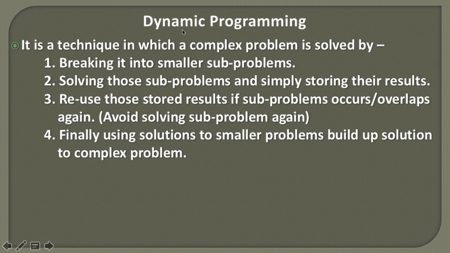So friends, if we use dynamic programming, then we can solve a complex problem very fast by breaking it down into smaller subproblems, remembering the results of those subproblems, and while building up the solution to the complex problem, if those subproblems come again, we simply use those stored values instead of recalculating them, and finally come to a solution for the complex problem. This is how we use dynamic programming as a tool to optimize an algorithm.